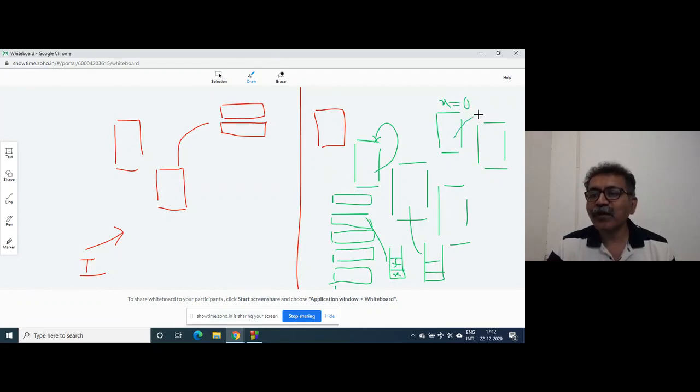The control goes back to the calling function. When control goes back to the calling function, this function is destroyed and the stack maintained by it is also destroyed. So this is also destroyed and this is also destroyed.